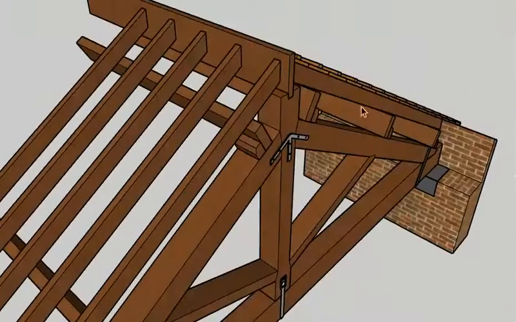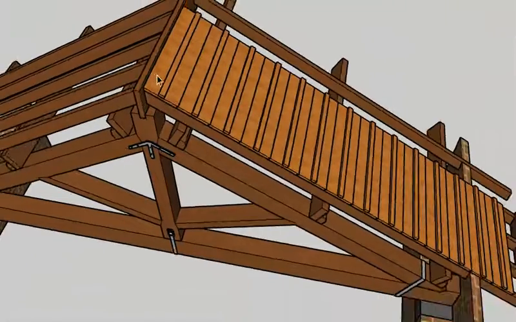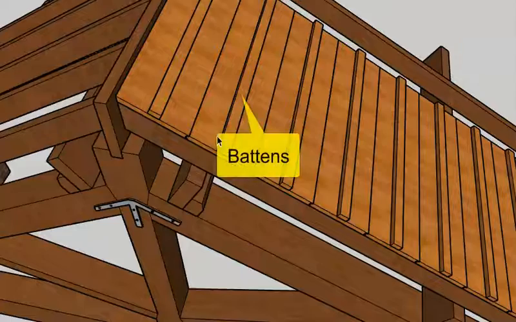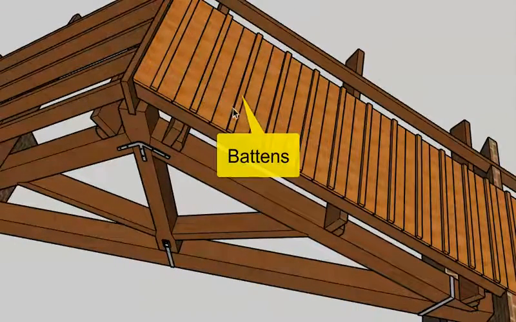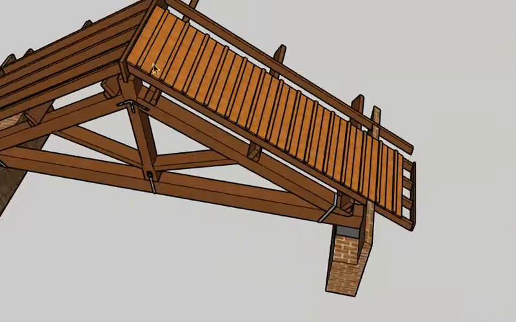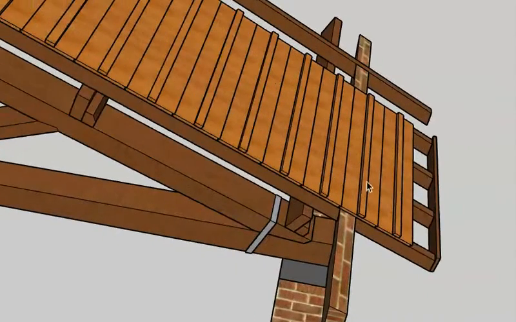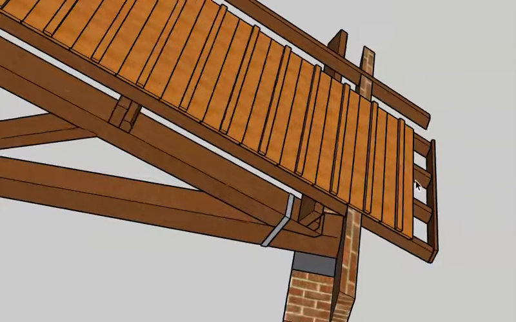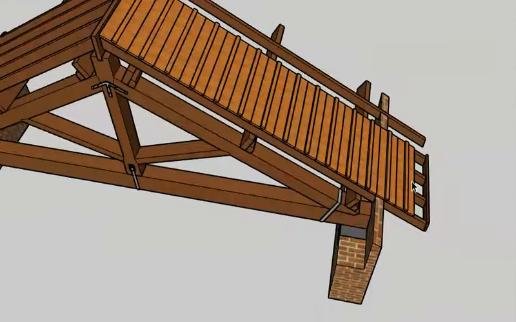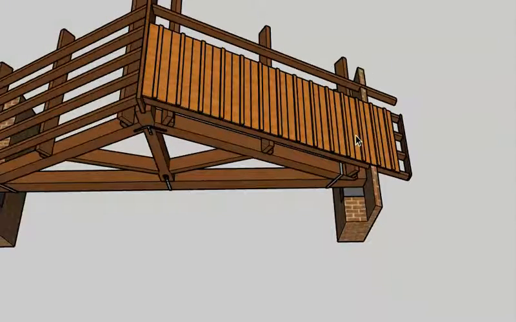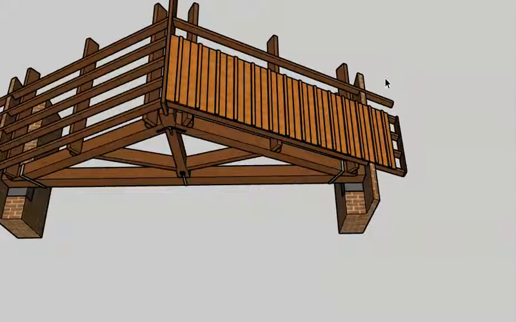On top of the boards, what you can see are these members, 50 by 25 battens. These battens are placed at a distance of approximately 300 center to center, and on top of these battens will be coming the Mangalore tiles or any type of clay tiles. These clay tiles and other details are not shown just because we are trying to show the internal part of the king post roof.